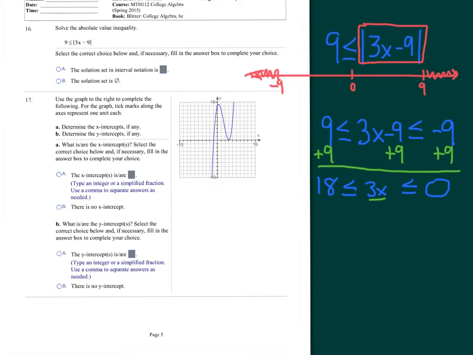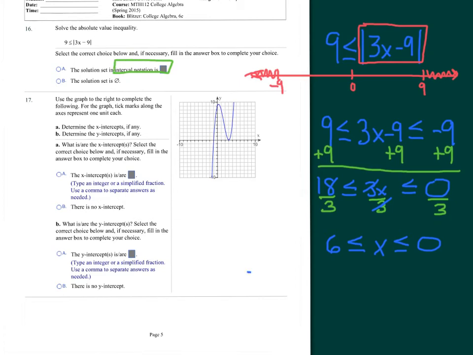And then we'll divide both sides by 3. So we've got x in the middle, less than or equal to 0. 0 divided by 3 is just 0. It's greater than 18 divided by 3, which is 6. So we're saying, on the one hand, that x is greater than or equal to 6, and also that x is less than or equal to 0. So if we were writing this in interval notation, which is what it's wanting here,